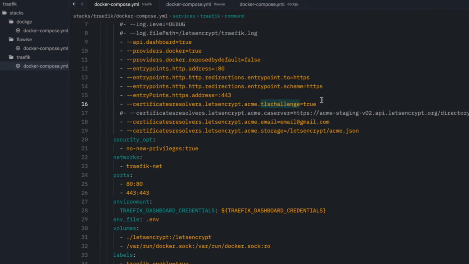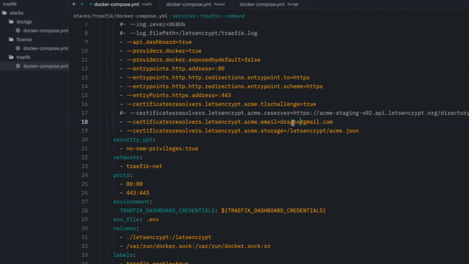Basically, if you are making too many requests to the Let's Encrypt server, they will block you, and that's why in the beginning, if you are seeing problems, it will be good to just use this staging certificate and check and see if the certificate is issued by Let's Encrypt. Basically, it will not be a valid one, but in there you will see that it uses Let's Encrypt. And for the certificate in here, you will use your email address to create the certificate,